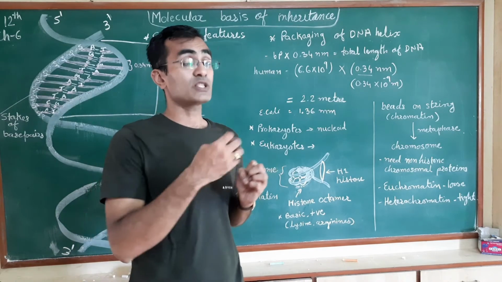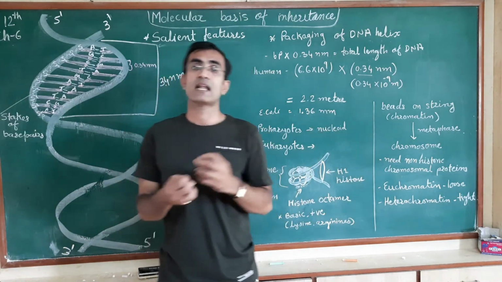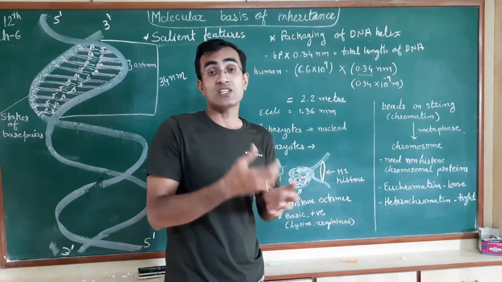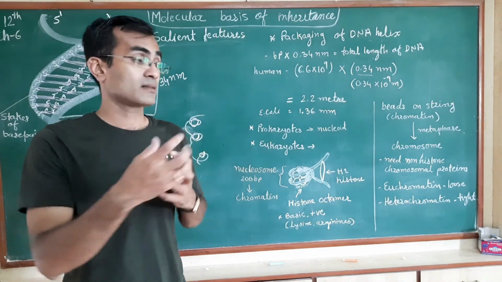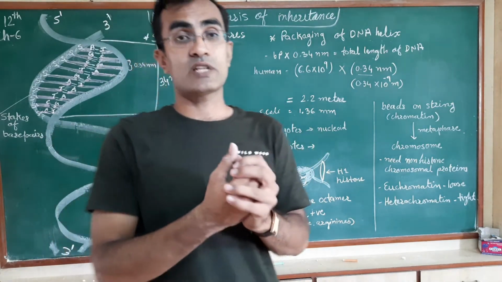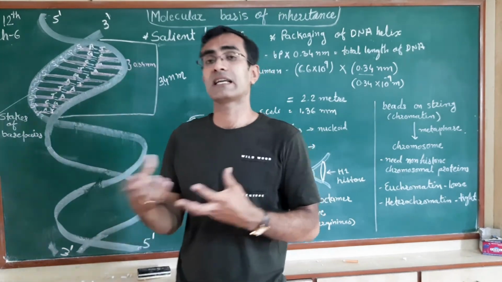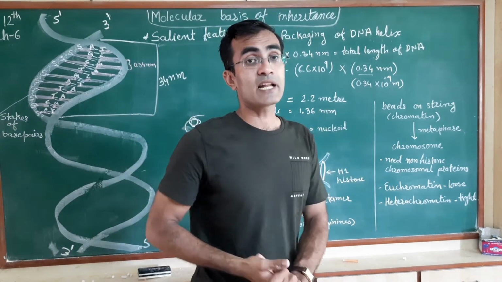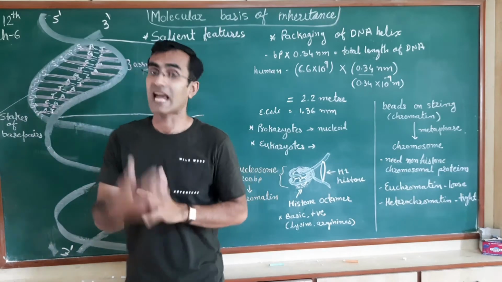So there are some histone proteins, which are positively charged, and they have an alkaline or basic nature. How does this positively charged protein form? As we know, in nature there are certain positively and negatively charged proteins present. Proteins are basically made up of what? Amino acids. Now, amino acids are of different types.